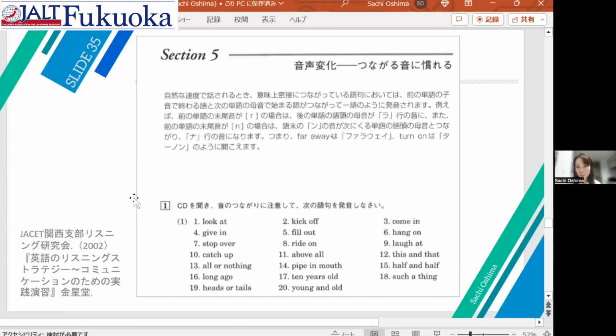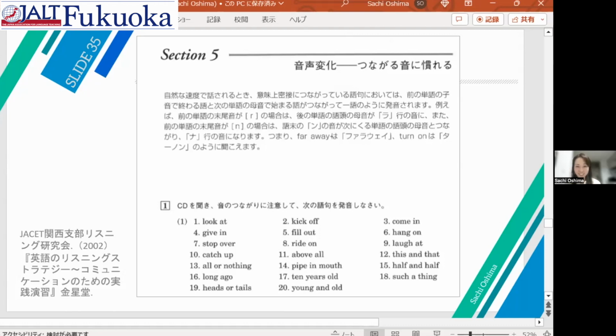Or another page is, sometimes two words come together, and linking or assimilation or reduction are happening, right? So look at, if two words come together, look at. So some sound changes are happening. But I shouldn't say it like that,